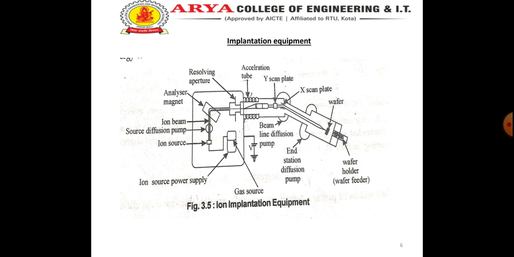The wafer is offset slightly from the axis of acceleration tube so that ions neutralized during travel will not be deflected. Three quantities define ion implantation steps: ion type, energy, dose. Ion type. The ion type is determined by the magnetic field of analyzer magnet. Energy. The selected ions are accelerated to the implantation energy by voltage applied to the acceleration tube. And the final one is dose. The total number of ions entering the target is called dose.